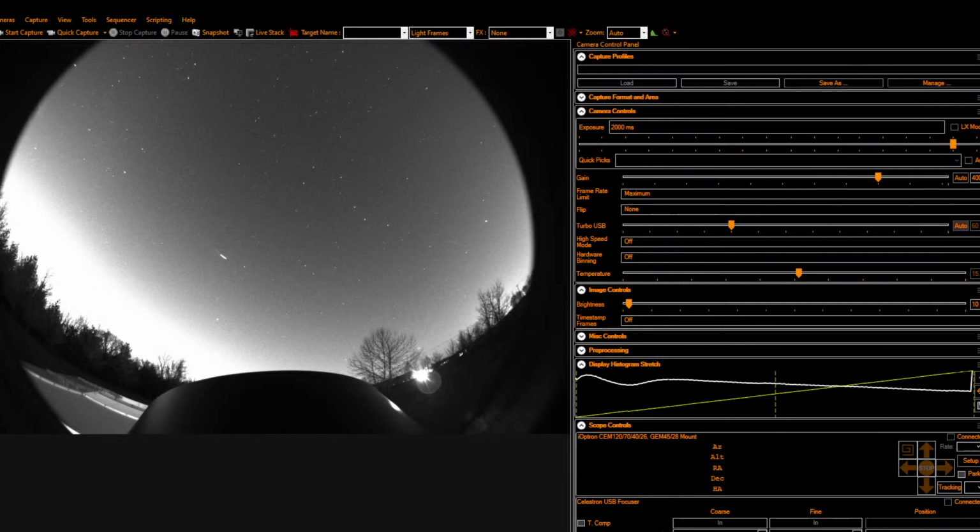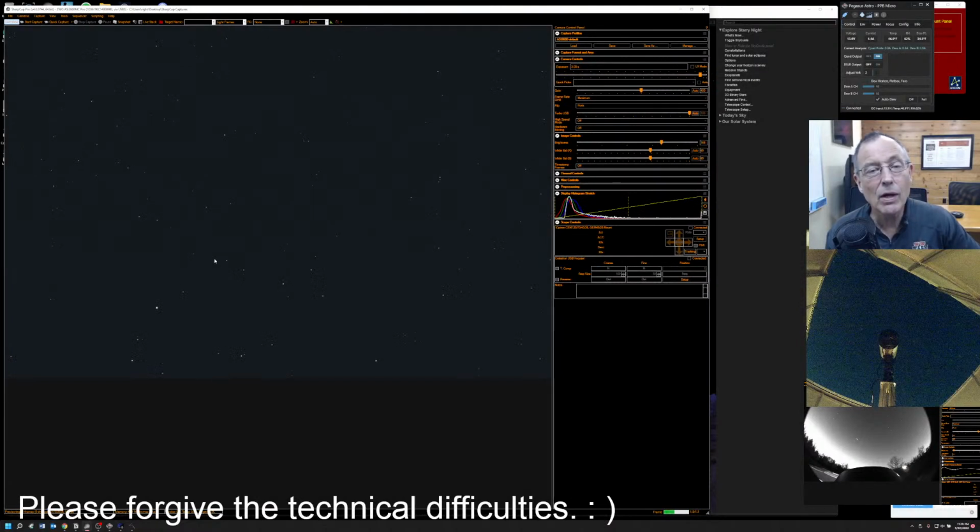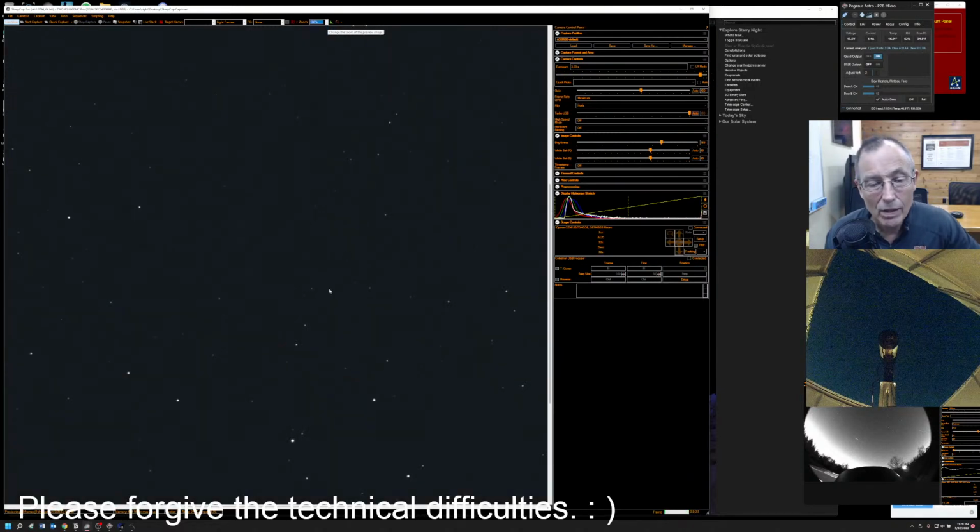let's grab this 2600 and there we are. So you can see we've actually got a fairly good focus as it is. Not bad at all. Those are pretty pinpoint stars. In fact, we could probably operate like that and not really be bad. So let's do that. Let's operate like this for a minute